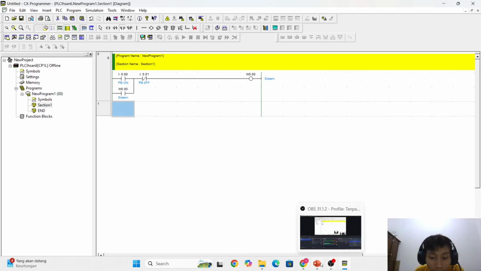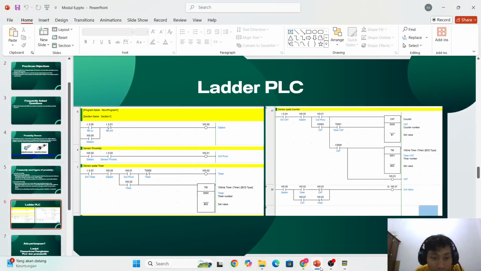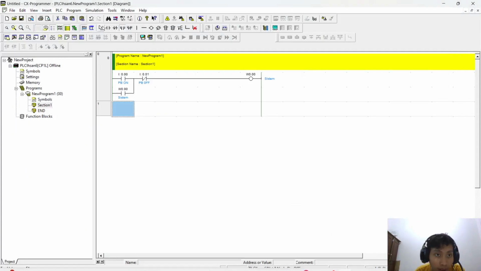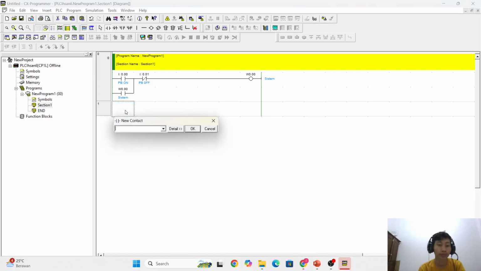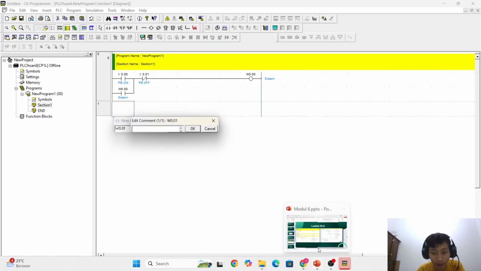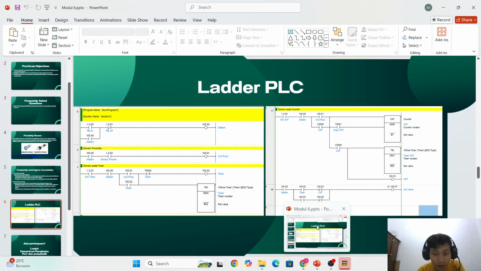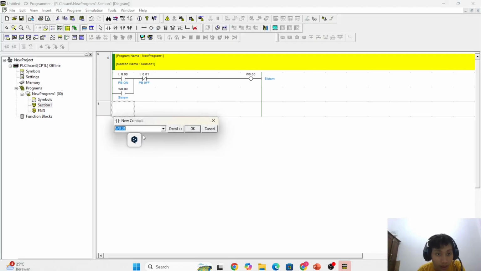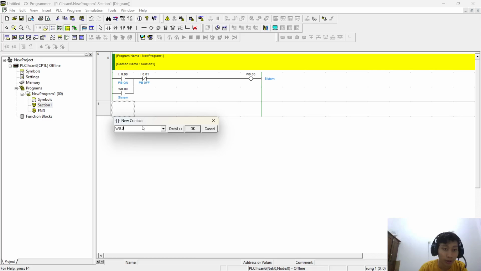Okay, next I will make the program diagram for sensor proximity. Okay, sorry, the system first. Make the system first.